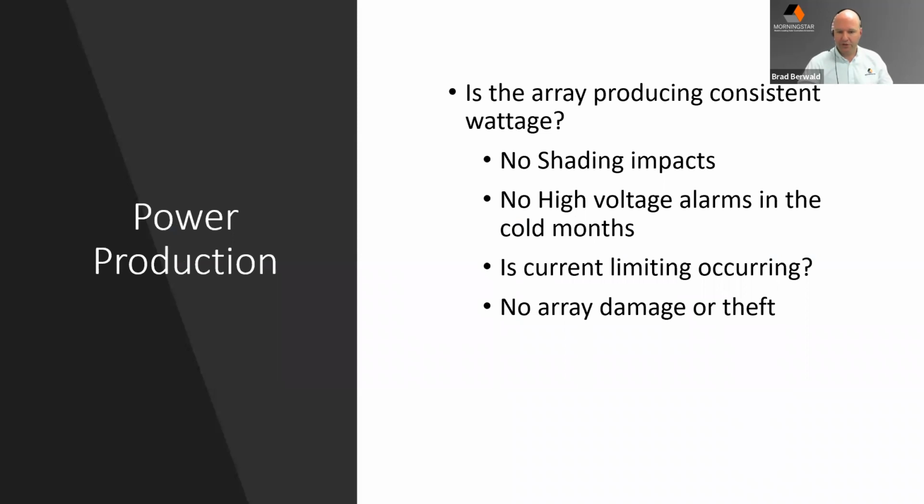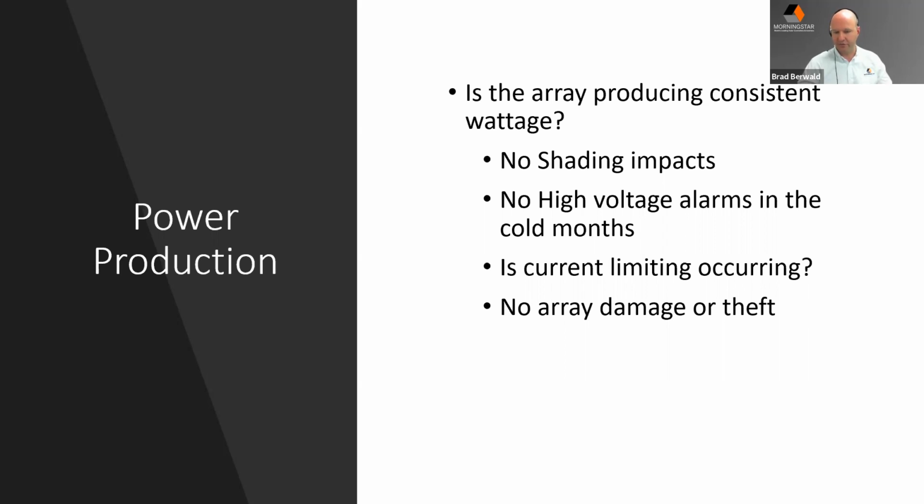So, getting back to the system questions that we're looking to ask, when you get this data available to you, these spreadsheets or downloads or online graphs and charts that you're looking at, what types of things can you glean from that information? The first being, is the array producing consistent power? Is there anything wrong with the array over the years? They have a very long life, but are you seeing any kinds of impacts such as shading that could be occurring? Trees grow and change over the years, and often a site that was ideal at one point in time may not be in the future.